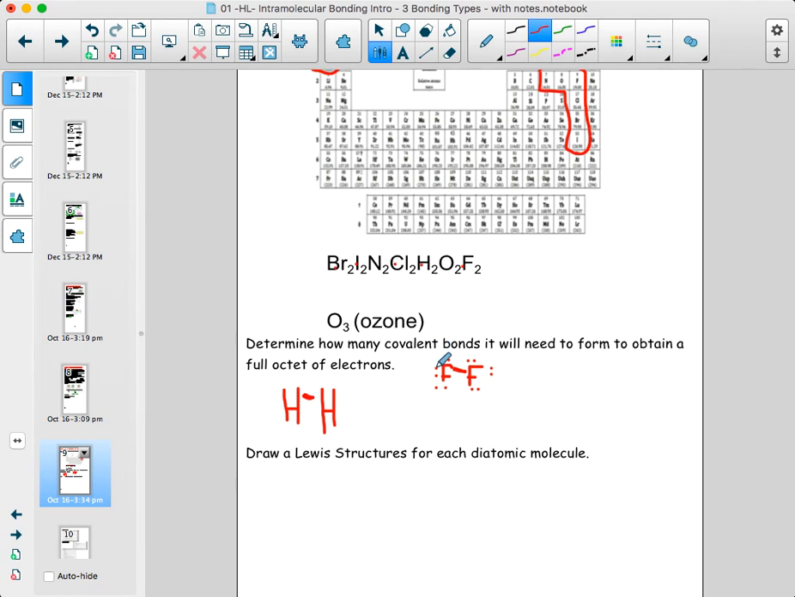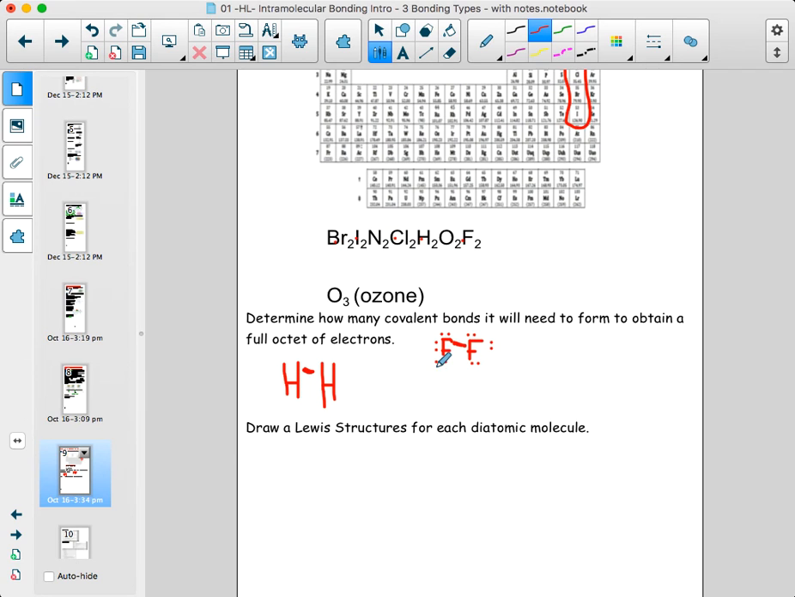Hydrogen also makes single bonds, but oxygen and nitrogen are a little bit different. Because oxygen has 6 valence electrons, it needs 2 more in order to feel like it has a stable octet. So there it is. So an oxygen molecule actually has to form a double bond between its two atoms in order for it to,